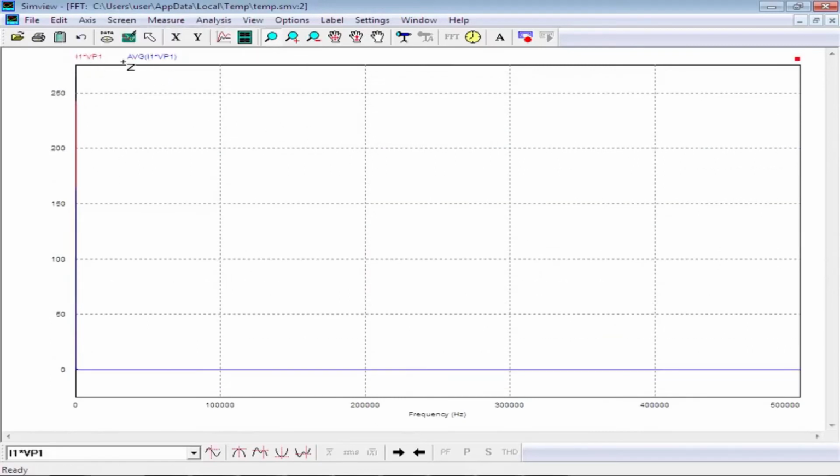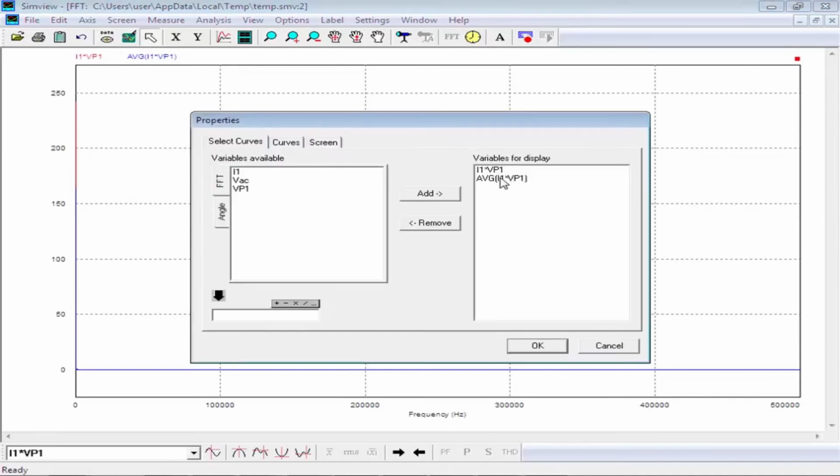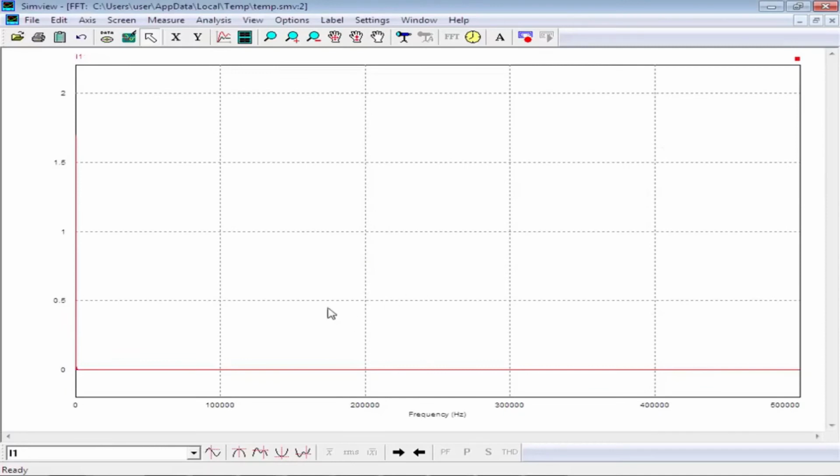Let us remove these two values, because I'm only interested in knowing the I1 here. So let us just remove this one. I will just need the I1 here, and it has given me this whole value of FFT for the output